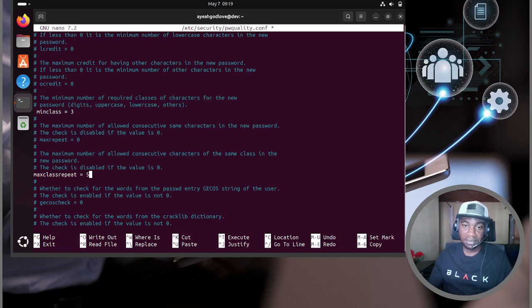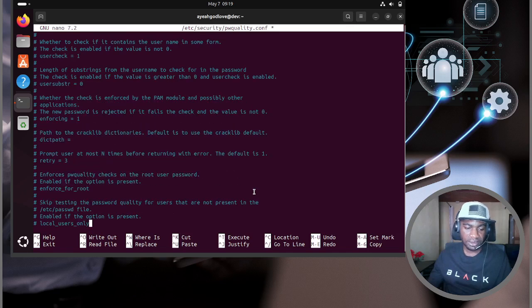So we have set the main class equal to 3, which means the password must contain characters from at least 3 of the following classes: lowercase, uppercase, special characters, digits, and so on. And with the max class repeat, we have set this successfully. So we are going to save this file